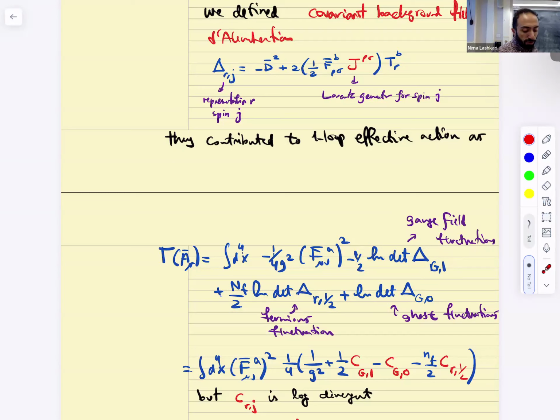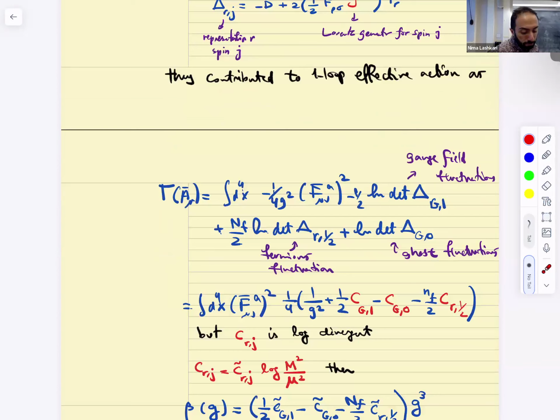We have N_F/2 times log of determinant for spin half fermions. They transform in representation R, which we take to be fundamental. It comes with a plus because these are fermions. And then finally, the ghost anti-commuting fields, which give ln of the determinant of the spin 0 operator. These ghosts are scalar, but they transform in the adjoint, with a plus because they're anti-commuting, right? So these log determinants